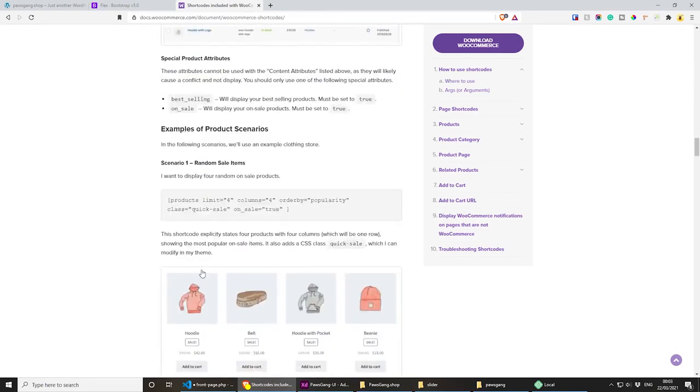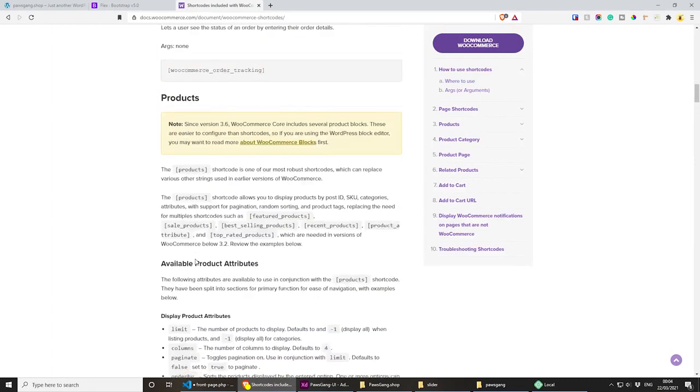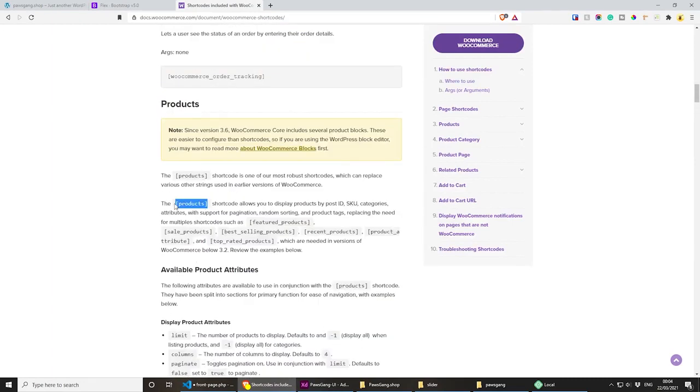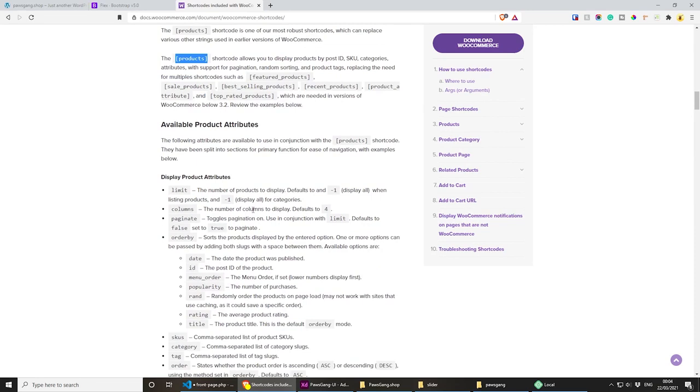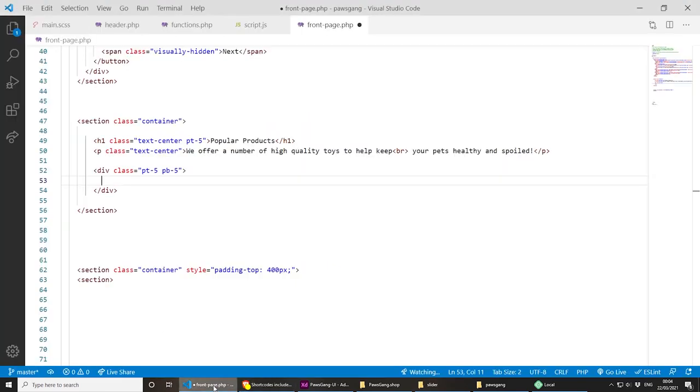I'm just going to show you quickly. For example, we can just get the products, and that would work. But also we can set how many columns we want, and maybe we can set the limit. The columns is actually set to 4 as default, and you can limit the products as well. So what I'm going to do is copy this, paste the shortcode in here,